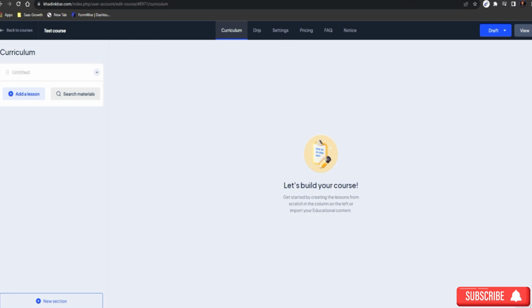In this lecture, we are going to add the curriculum of the course. We are going to create the curriculum of the course, and how do we create it? We will learn it. So basically, the course is divided into sections, and those sections are divided into curriculum. As per my course, it is divided into sections like